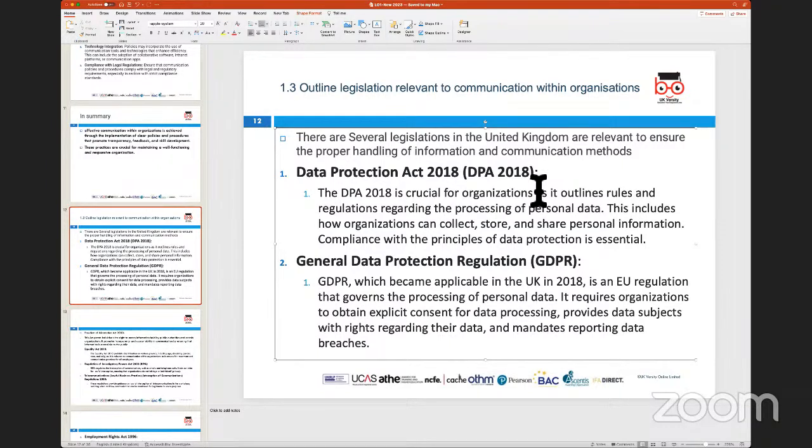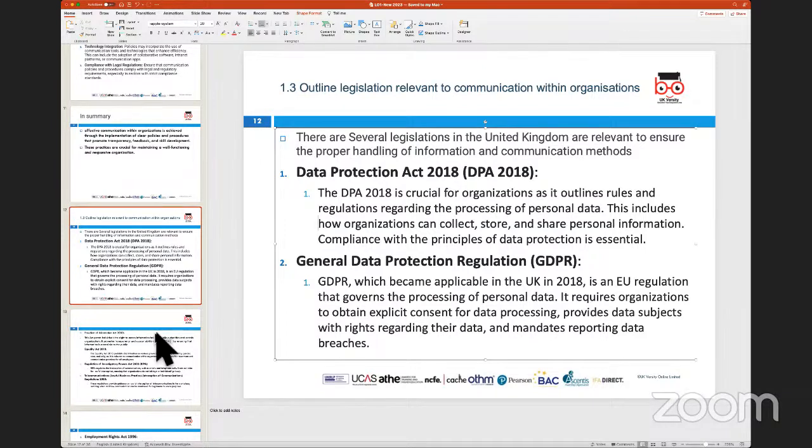So if you're not following the data compliance and data protection guidelines, then if customers complain, the organization can be liable for fines, and the data protection officer would be liable too. There might be sanctions put in place, and in some cases there are further repercussions in terms of legal challenges, and even criminal charges can be filed. So depending on the breach, there are repercussions which the organization can face, and that is why these legislations or laws are outlined by the government in various acts.